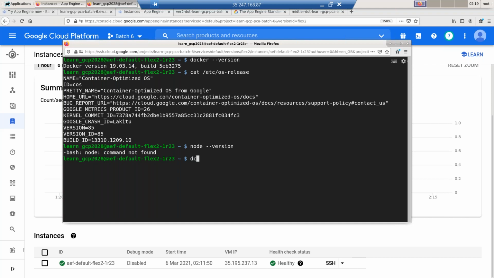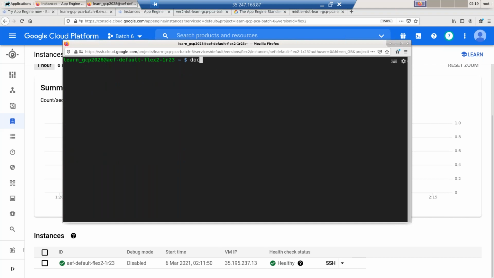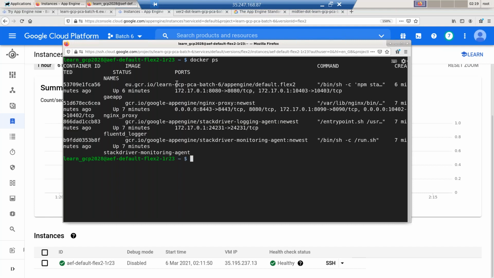So now to know my web application running, I'm going to do docker ps. This is my app, Flex 2. So you need to log into this interactively. Then you will be able to see it. The prompt changes. Now, if I put ls, I see my files. I see my files uploaded. Now, if I do node --version,